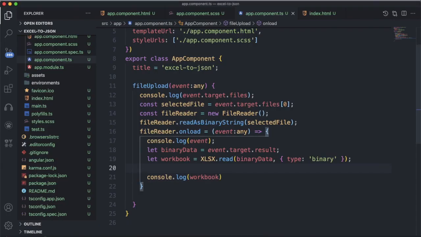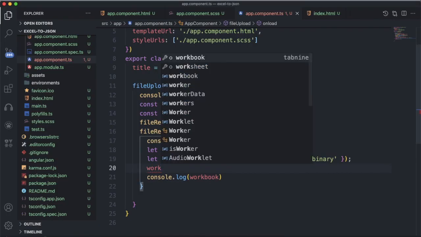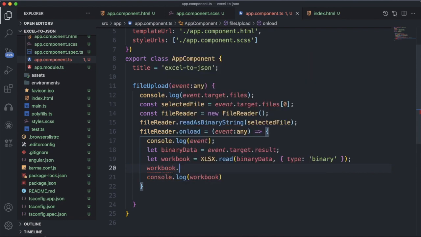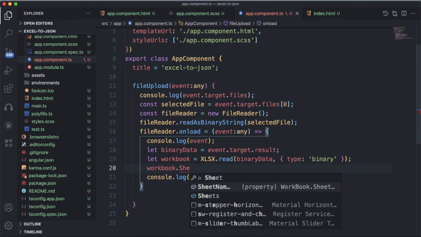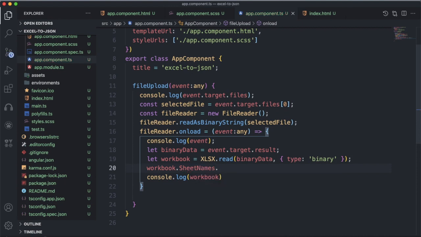Now I will loop over workbook.SheetNames. SheetNames will be in capital case, so we need to use SheetNames.forEach. In the forEach, you will get each sheet name as a string.